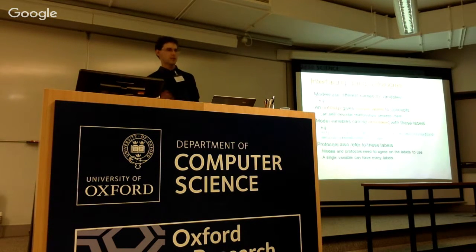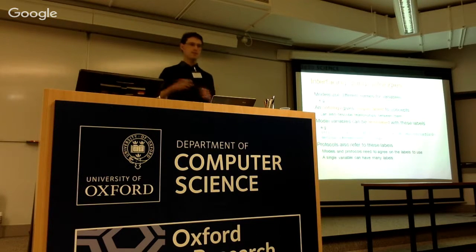And modeling languages like SLML have the ability to annotate variables with these labels. So we can annotate a variable in the model to say this is the membrane voltage, using a term from our ontology that looks rather like a URL. So it's got a base part to say that it's our ontology, and then a particular term within that, membrane voltage. So we can say in this model, V is the membrane voltage that we're interested in. And the protocols then can refer to these labels, such that we can prepare any model for use with the web lab just by annotating the concepts that the protocols need to access.